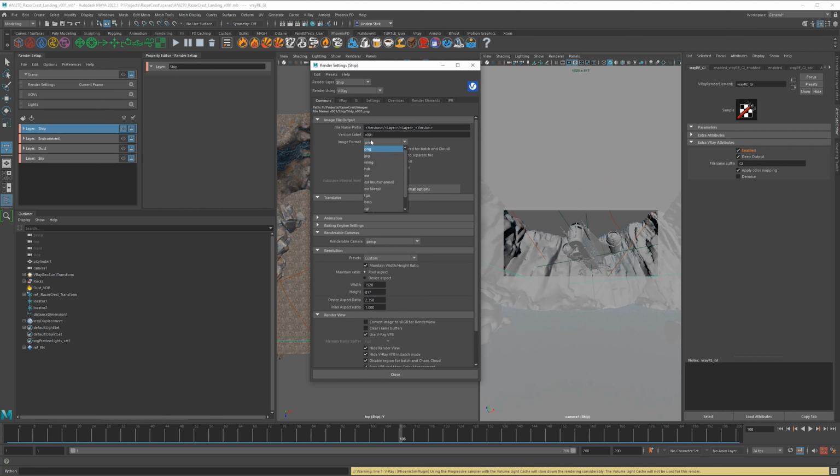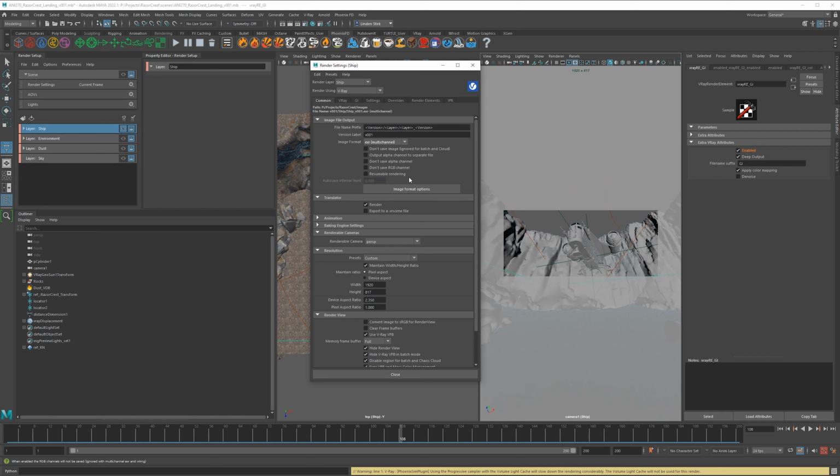All right, so next, the image format. For this, we're going to be using EXRs, and there are 3 options. If you choose this first one, Extractor will not work, and every single AOV will be rendered as a separate file. That's not going to be very fun to composite. So we're going to use multi-channel. And as I said earlier, After Effects cannot handle deep EXR sequences, and deep sequences are going to be extremely large, to the point where your computer probably cannot handle it. This is not meant for trivial compositing. This is for very in-depth compositing, stuff that we can't even do in After Effects. So we're going to use multi-channel EXR.